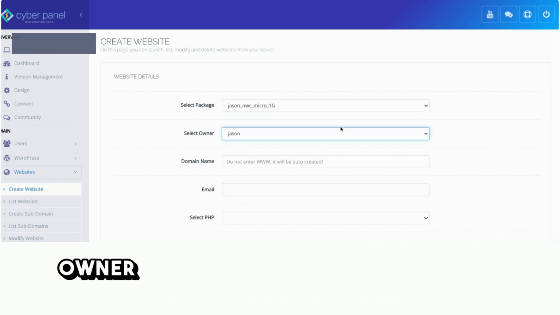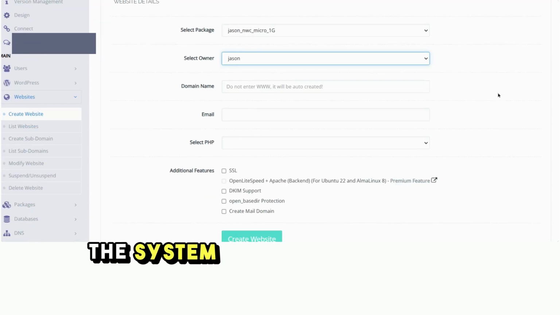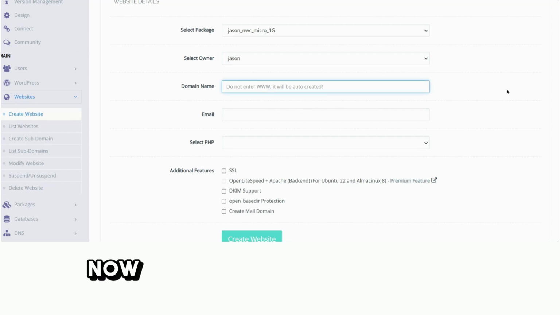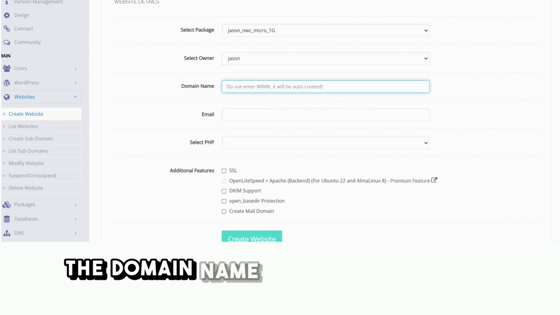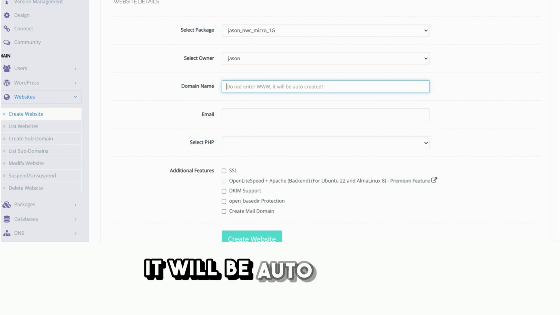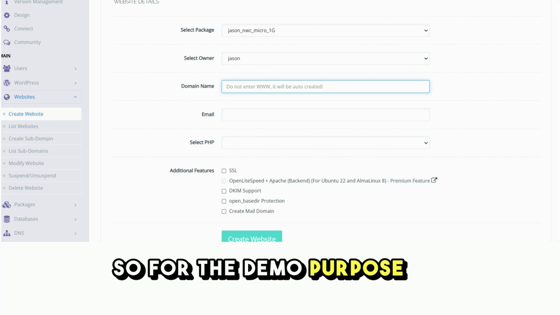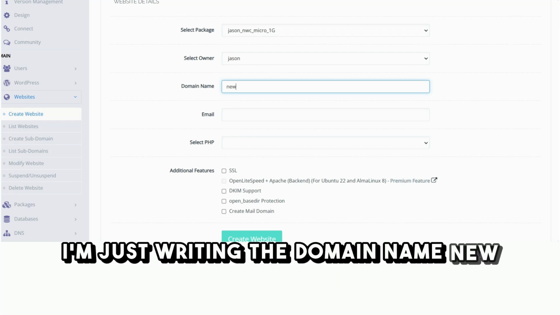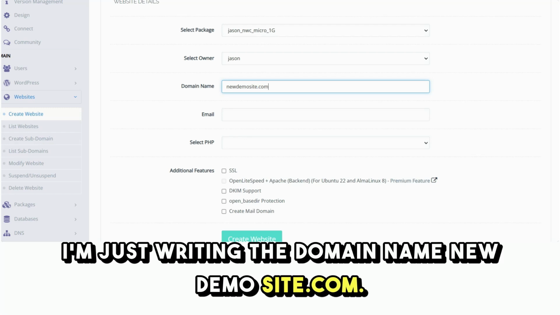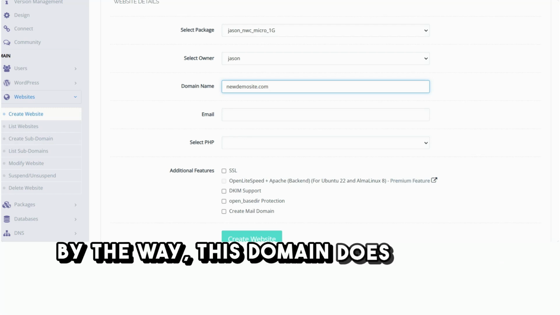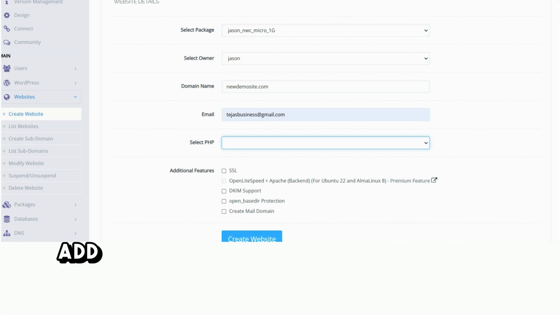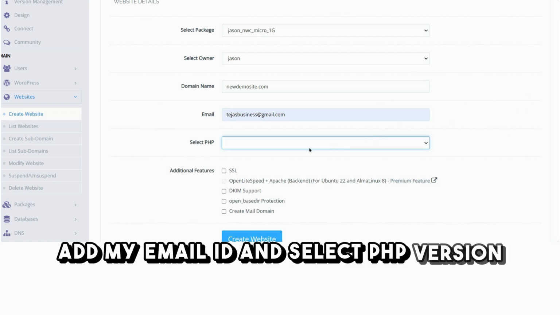Select the owner. Owner is someone who is logged into the system, and enter the domain name. Now here we don't have to enter the domain name starting with www. It will be auto created. So for the demo purpose, I'm just writing the domain name newdemosite.com. By the way, this domain does not exist, and I will add my email ID and select PHP version,